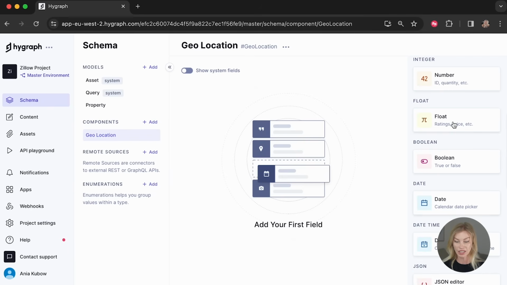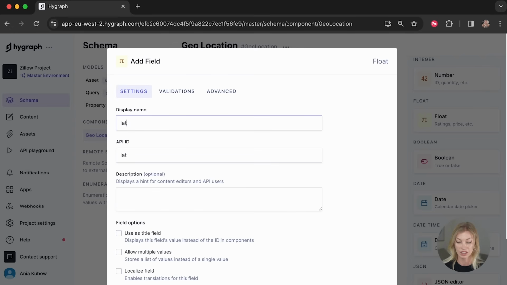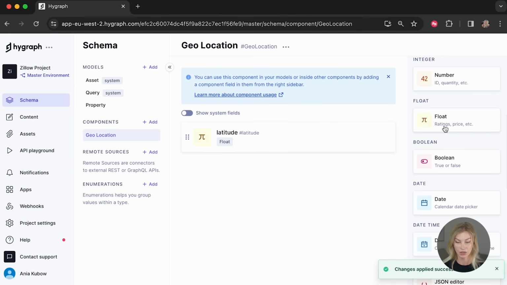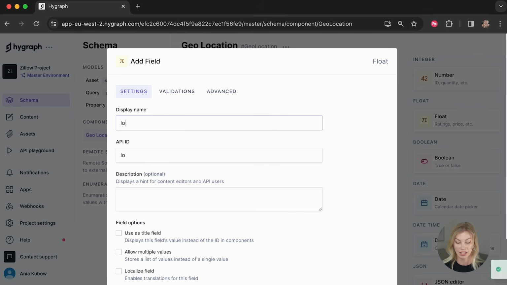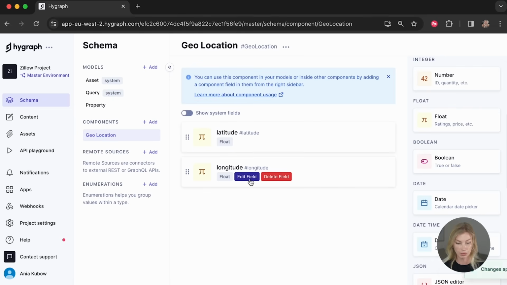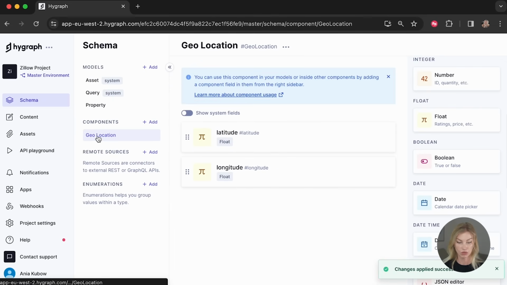So let's go down and choose a float. I'm going to call this latitude, and go ahead and click add. And once again, let's create another one. So once again, I'm going to select float, and this time longitude is what I'm going to write, and hit add. So very simple. We've just created a component which is called geolocation, which holds a latitude and a longitude,